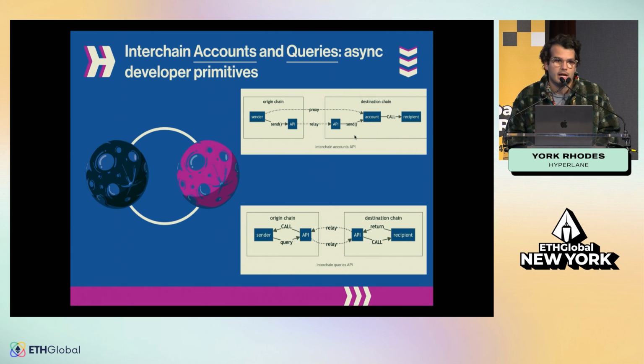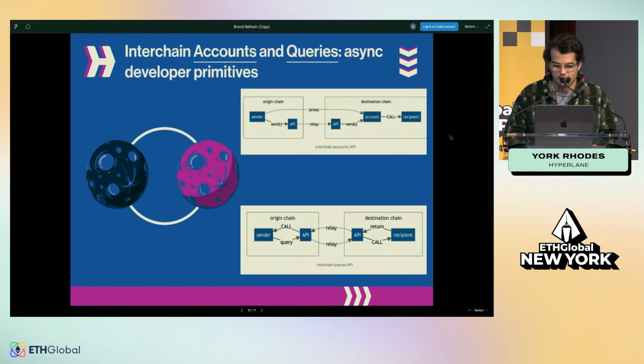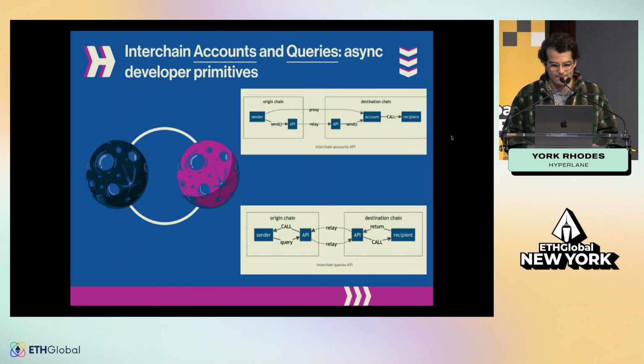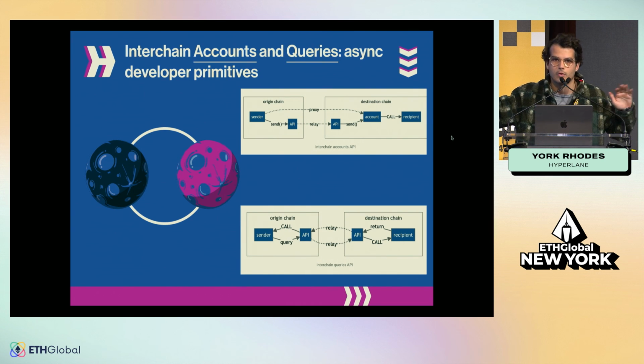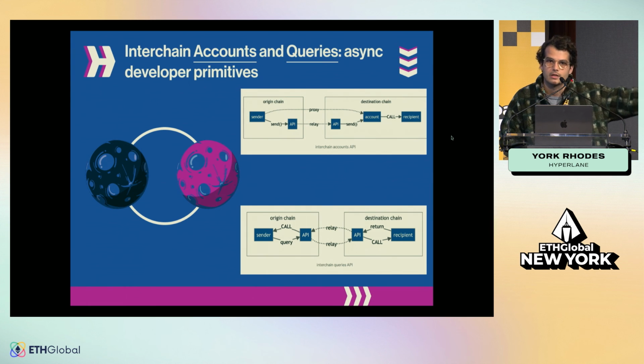We also have a few other nice developer primitives for people here. I have just a couple minutes left, so I'm going to rush through this. But you could have interchain accounts, interchain queries. The basic premise is you can have a smart contract that holds assets on another chain, and that's called an interchain account. That smart contract has a proxy that exists on another chain. We've abstracted that into a simple smart contract API. Similarly for queries, if you want to do a view call against a remote network, we have a simple API for you to do that.